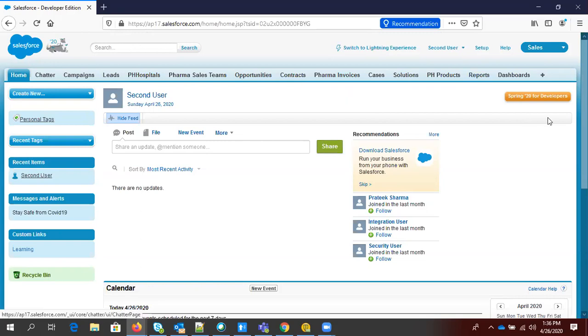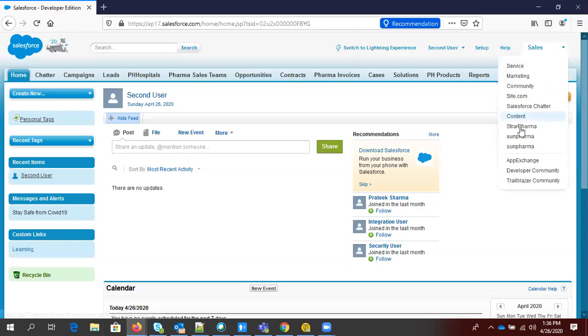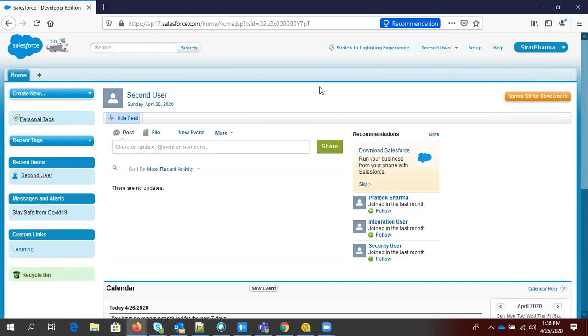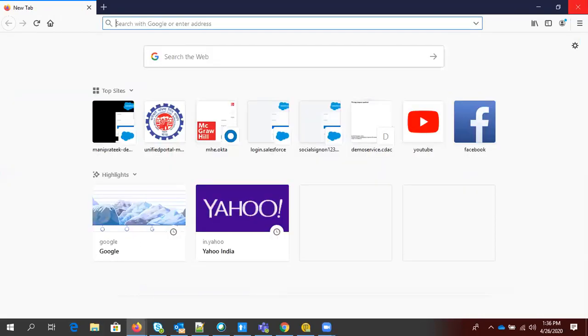So he is able to see all the tabs. And if I choose the Star Pharma app, then he is not able to see any tabs, right? Because we have not given access to any tab to this particular profile, because it was not created earlier, right? So this profile doesn't have the permission of all the tabs, right? So you can see, guys, you can directly go to